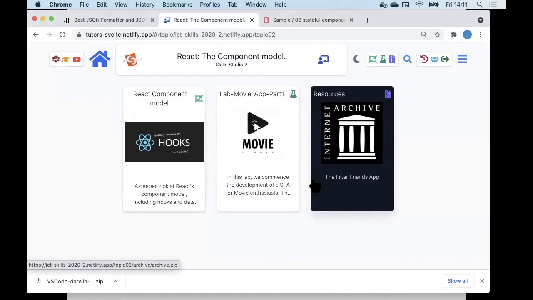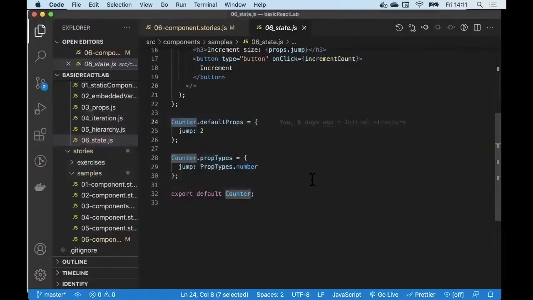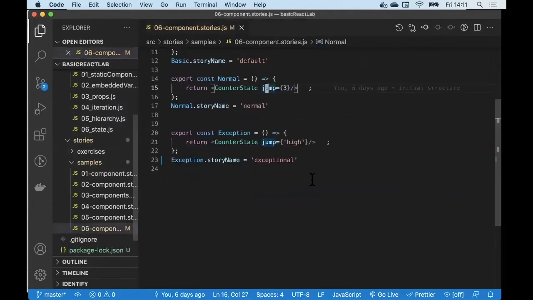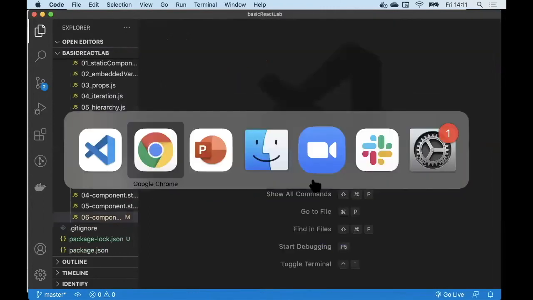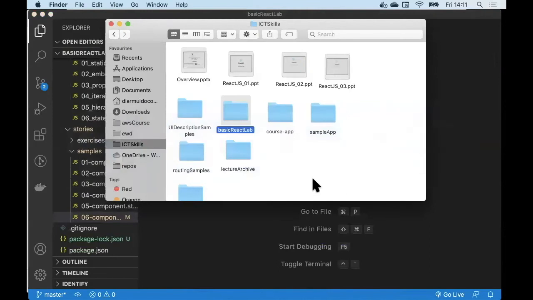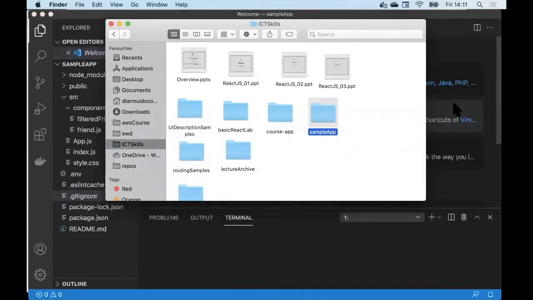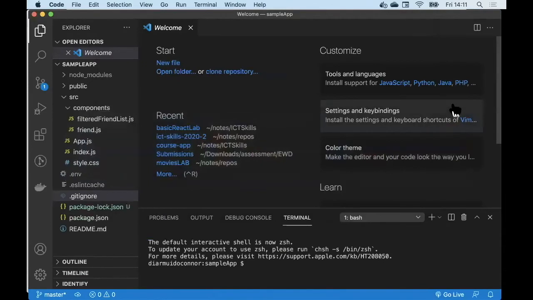You run npm install. When you unzip the archive, this is what you will get. And I've run npm install, and it is a create React app. So if I just go npm start,